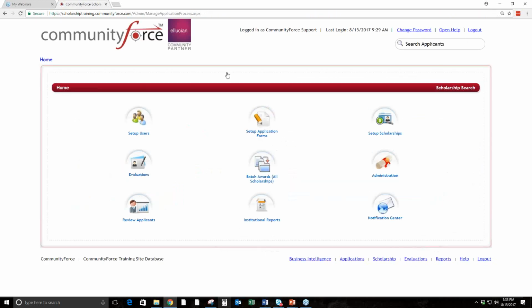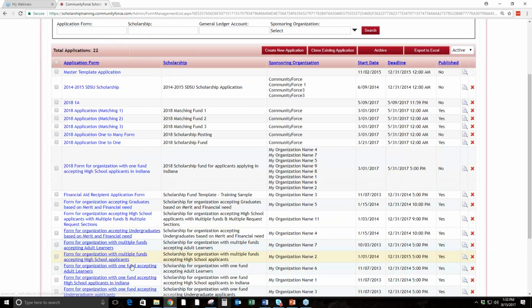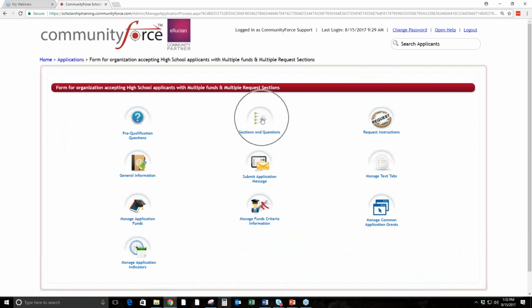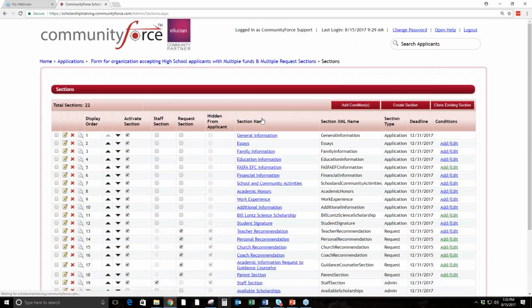So if I go home, set up application forms, pick the application, sections and questions, and this is always something you can do after the fact too. It doesn't have to be at the time of build. There's no limit to the number of questions that can be added to the awards screen. Here, if you click on the name of the section, of course, that you might want to add,